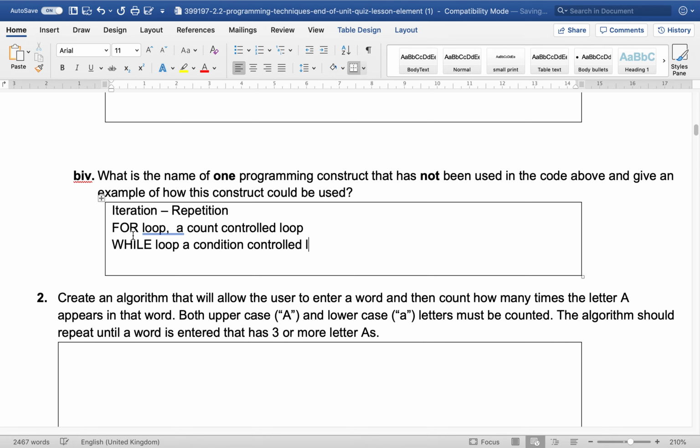And let's read the question again. What is the name of one programming construct that has not been used in the code above? And give an example of how this construct could be used. So let's see what other examples we could give. Iteration, any reasonable example, e.g. use of a while loop or a for loop, any reference to looping or repeating the code. So we've said iteration is repetition, so let's be even more explicit here. Repetition of an instruction or block of